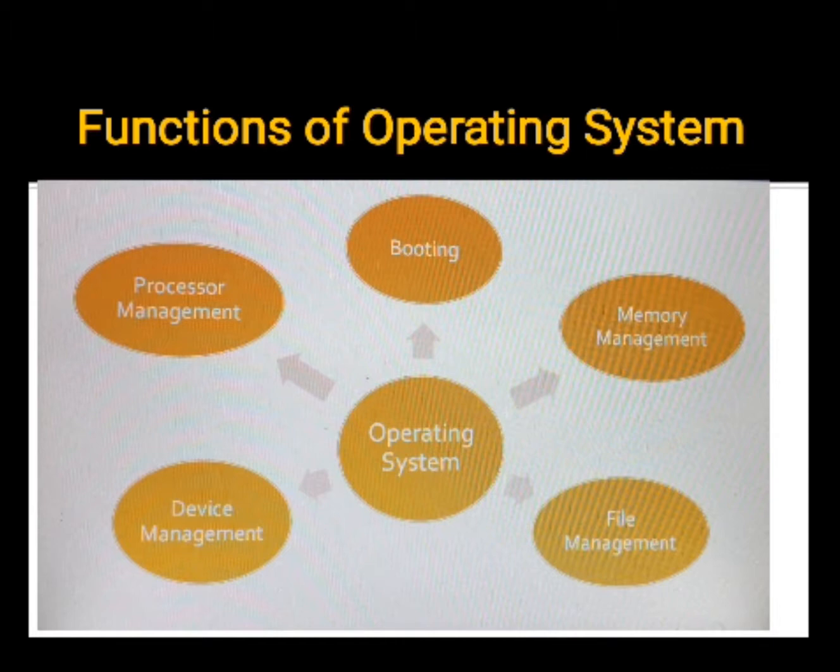Next, we have file management. File management of an operating system takes care of file-related activities like storing the files, renaming the files, copying the files, moving the files, deleting, searching, viewing, uninstalling, installing, cleaning up the disk, defragmenting. In short, all the activities which we mostly perform on our files are handled by file management. Next, we have device management. The operating system controls peripheral devices by using device management.